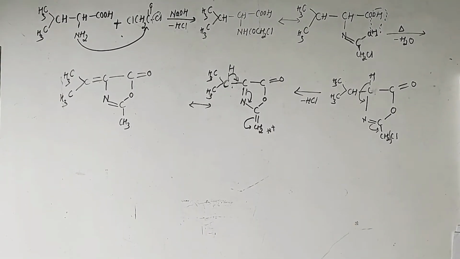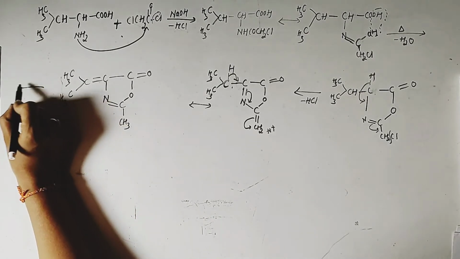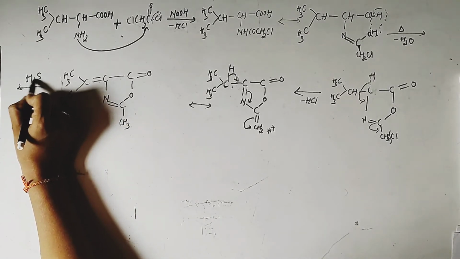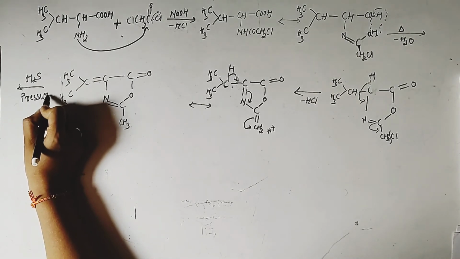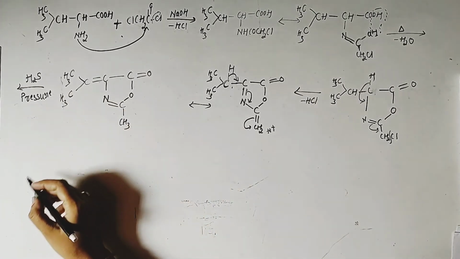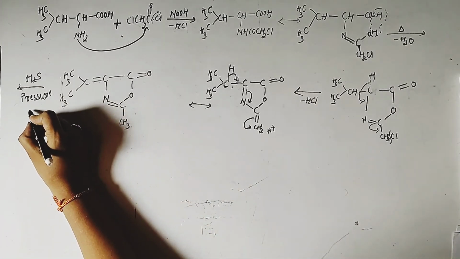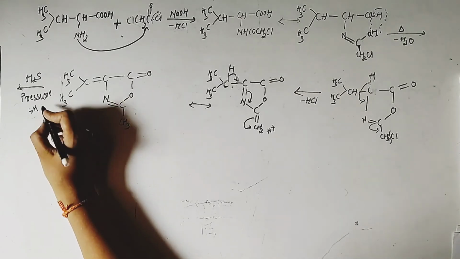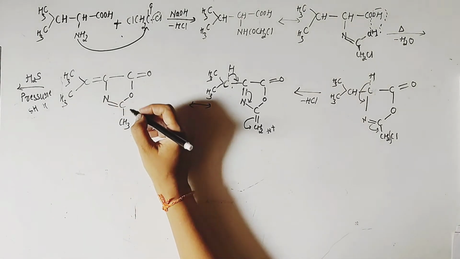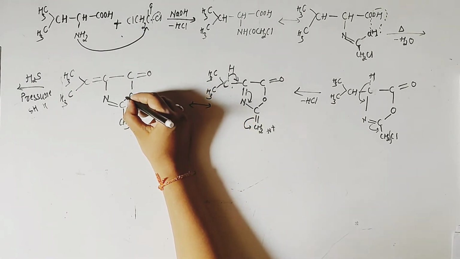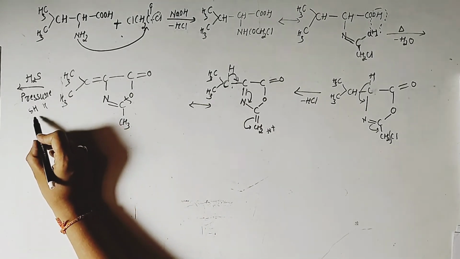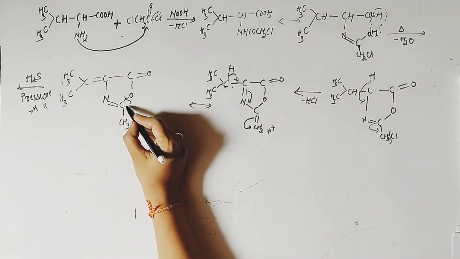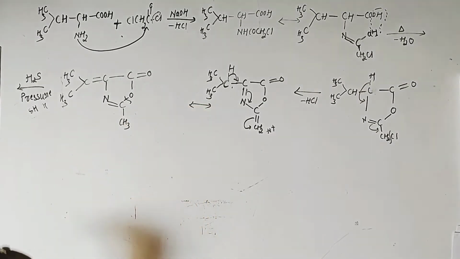Now we will introduce a sulfur in this compound. First we need to react this intermediate with hydrogen sulfide at high pressure. What happens here is that the hydrogen sulfide breaks as SH and H, and this SH and H are going to bind across this CO bond. Obviously this SH will bind the carbon, whereas the hydrogen will bind the oxygen.